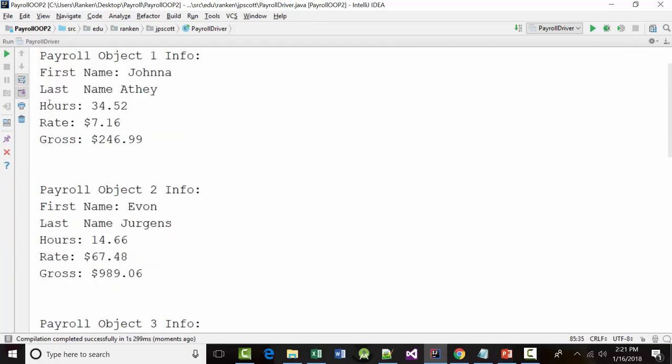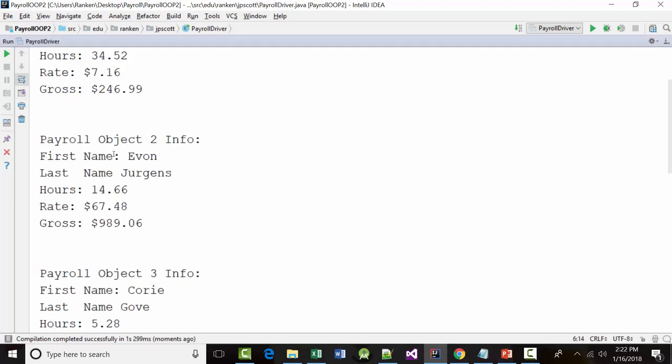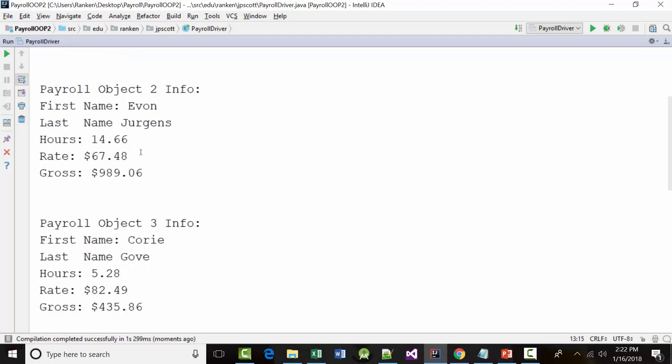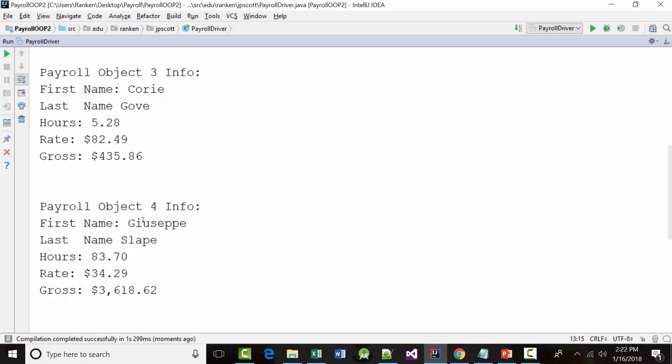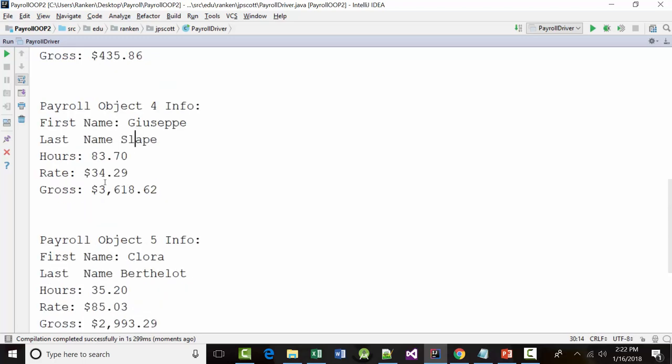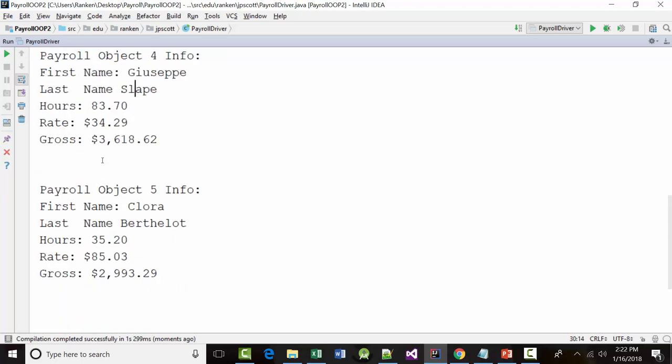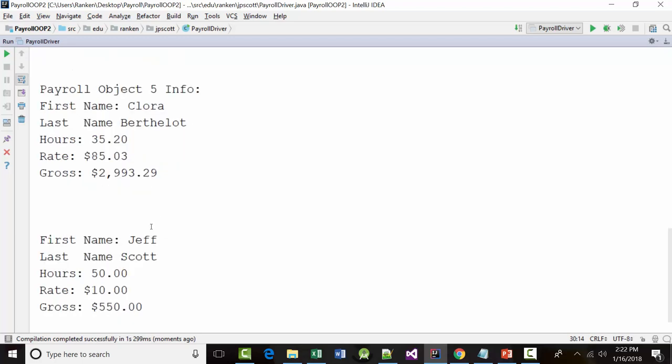So notice payroll object 1 is Jana Athy. Number 2 is Evan or Yvonne, I don't know, Jurgens. Number 3 is Corey Gove. Number 4 is Giuseppe Slap. Then we have 5, and that's Cora Berthelot. But I changed it then to me, Jeff Scott 50 10, and I know by looking at that